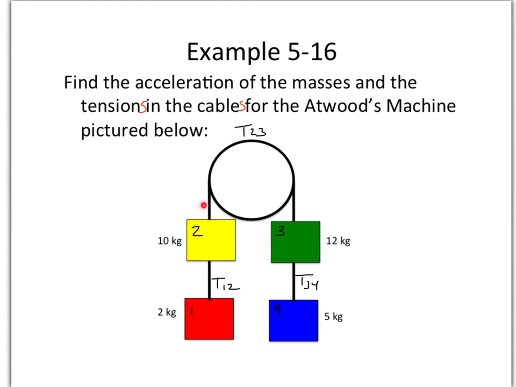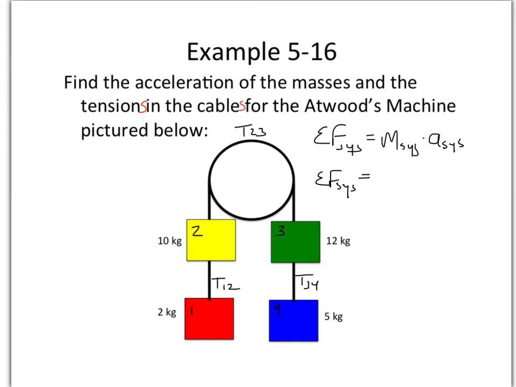All right, again, as a full screen, I'm going to solve for the acceleration of the system. And then I'm going to solve for tension 1, 2, tension 2, 3, and tension 3, 4. So the net force on the system equals the mass of the system times the acceleration of the system. All right, but the net force on the system is also the sum of all those forces, of all the forces that are acting. So the net force on the system